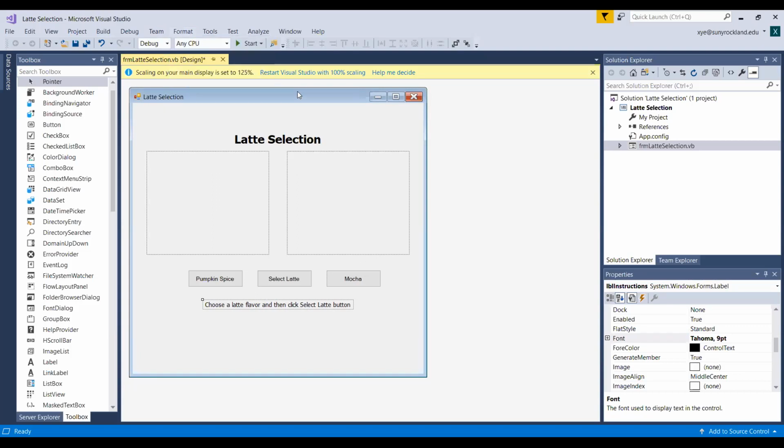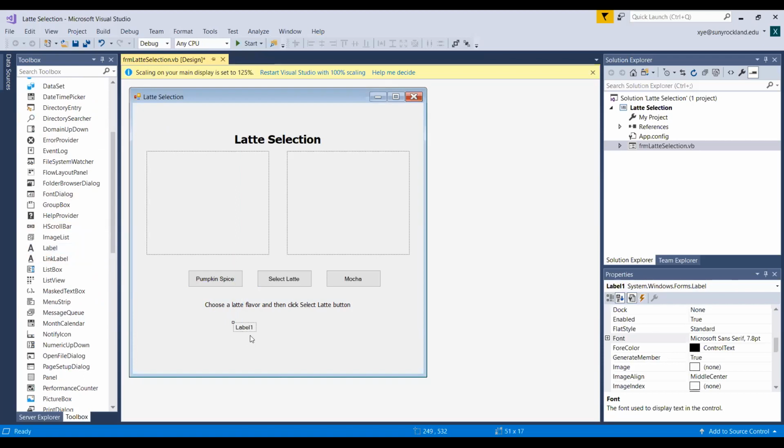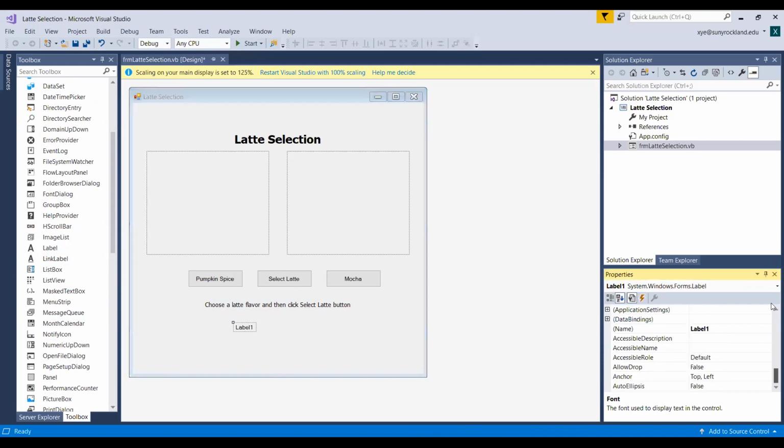The next one, we're going to add our last label. Find the label again, click a label and drag into our form. It's called label 1. On this one, we're going to change the name. Every time, if you modify the name, the system always likes to call it label 1, label 2. So we're going to change the label 1 name as LBL